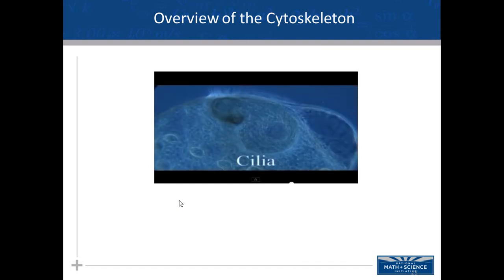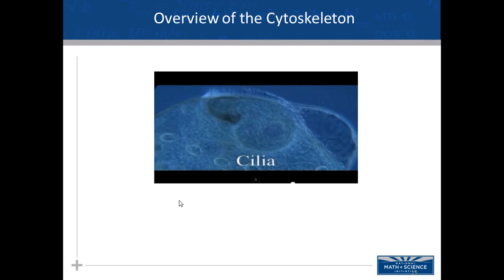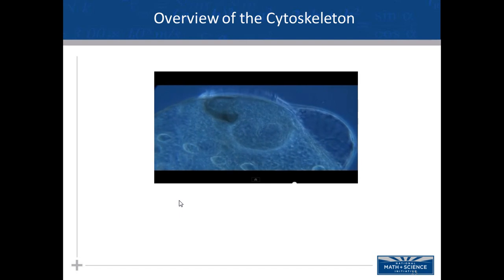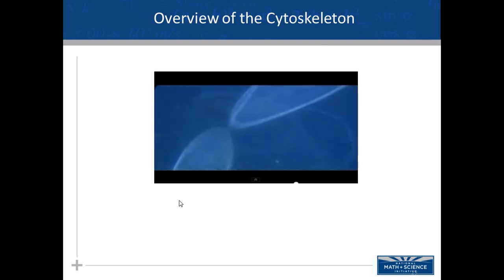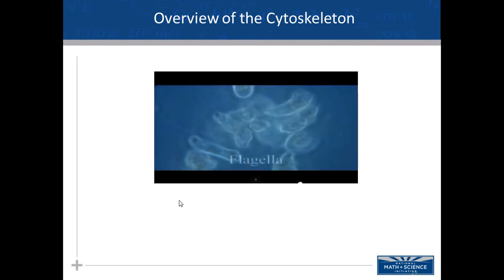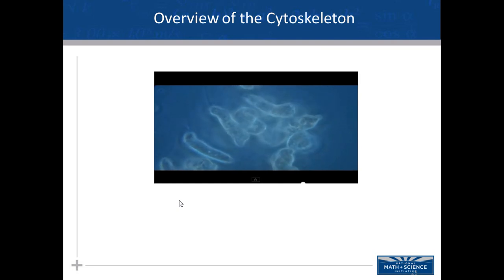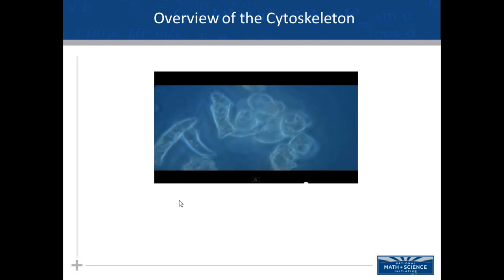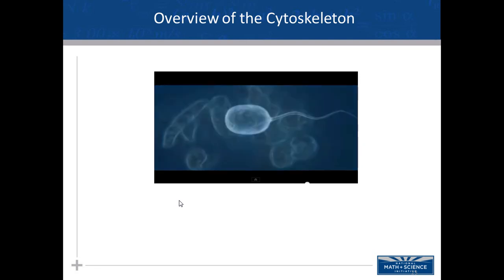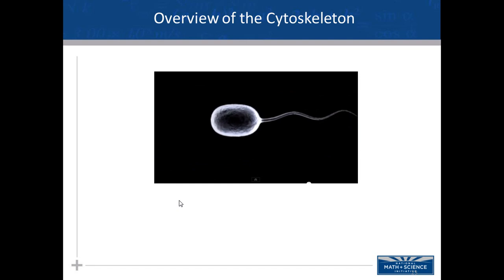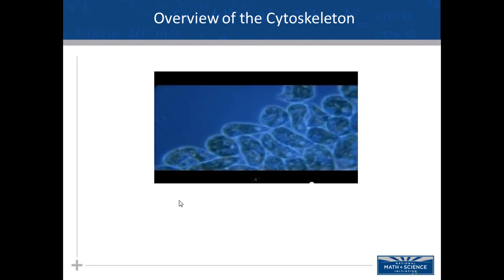Cilia, Latin for eyelash, are short and numerous structures that extend from the cell membrane. Cilia move single-celled organisms such as Paramecium through their environment with a rowing motion. Flagella, meaning whip in Latin, are usually considerably longer than cilia and fewer in number. Flagella move in a wave or whip-like motion. The sperm of most animals and algae rely on flagella for movement, as do a number of single-celled organisms such